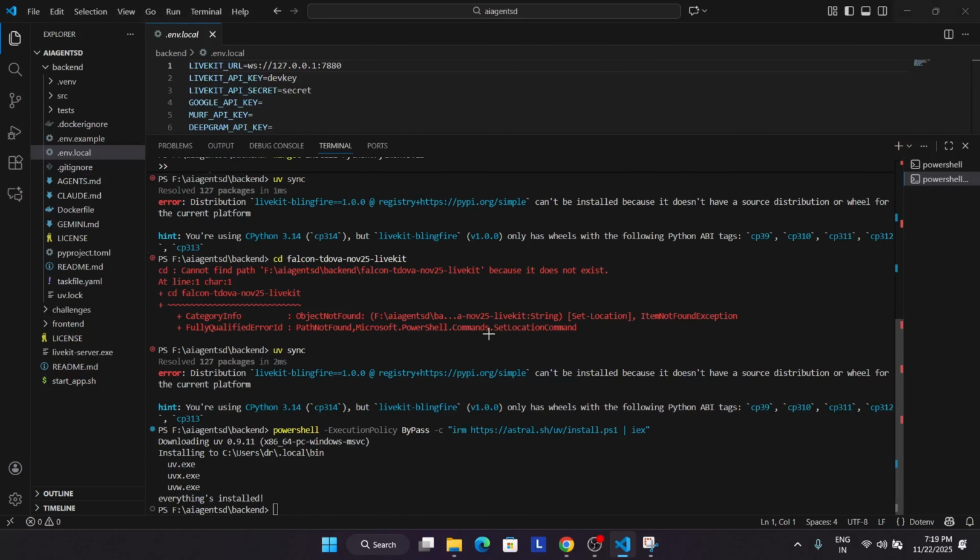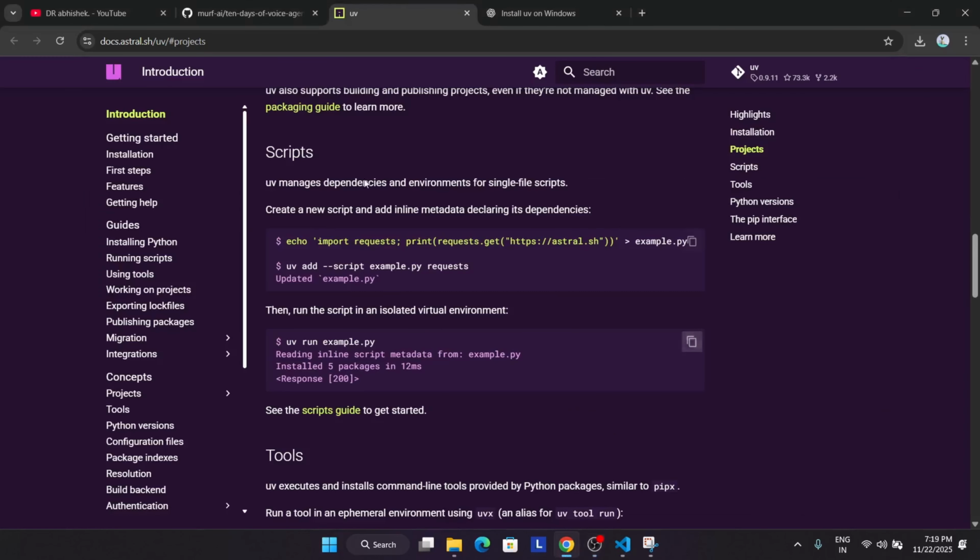Everything is installed, but still if we try to do this, we are getting some kind of error over here. Distribution platform error, it cannot have source field. So if we come over here directly to the UI,